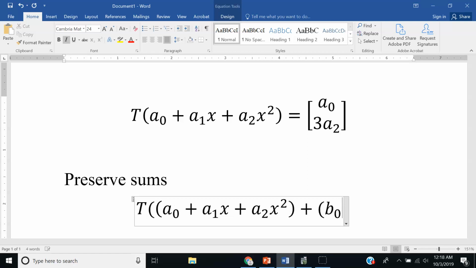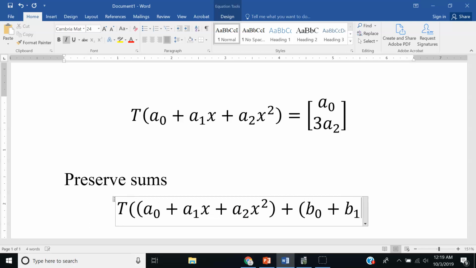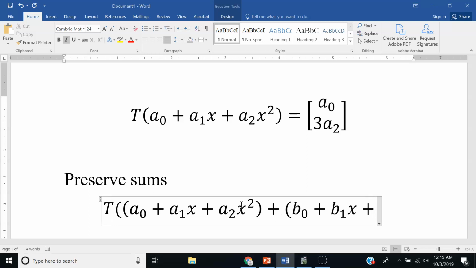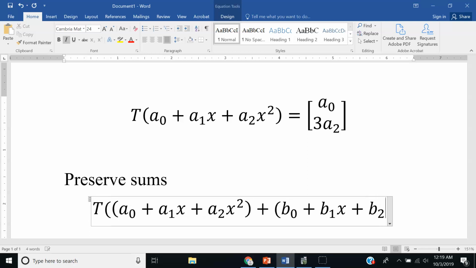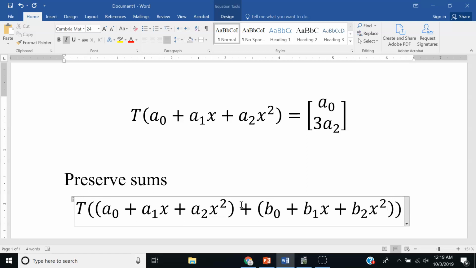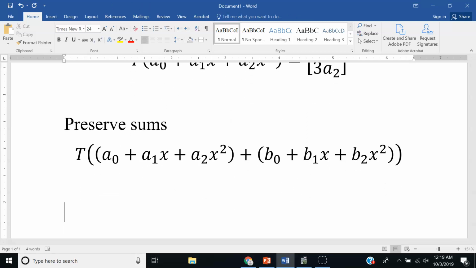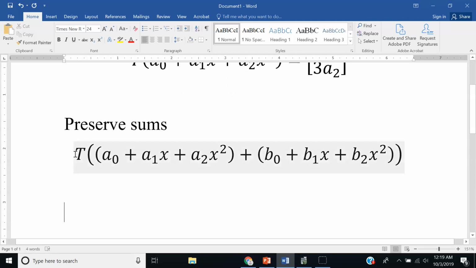Scalar times x, scalar times x squared. All right? And then what we're going to do is see what this transformation does after we add it. So we're going to add and then transform it. And then we're going to do the same thing, but in the next example, or excuse me, in the next slide,